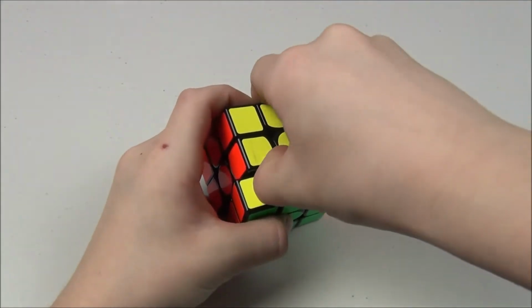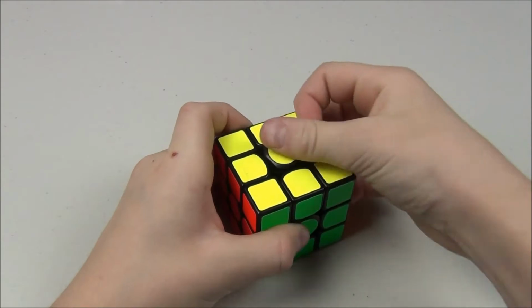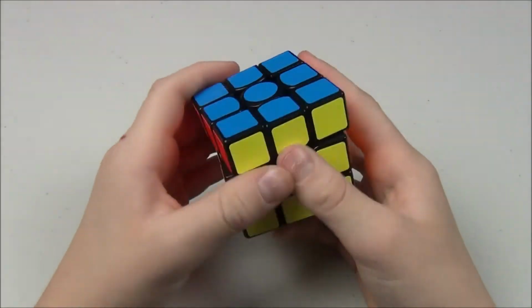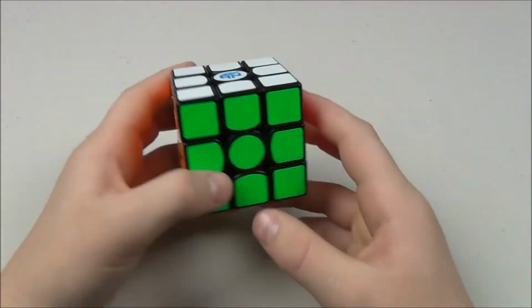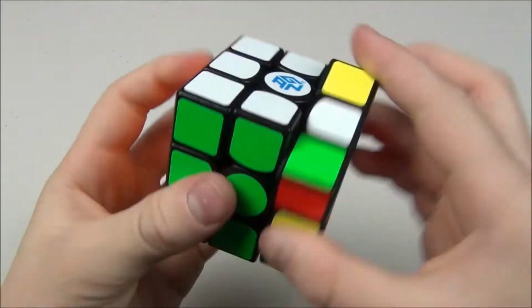So the mass-produced version comes with the blue GES nuts, but it also comes with all of the other new ones, so you can put in whatever you want. But let's just go ahead and get on with first turns. Oh my, this has a very...